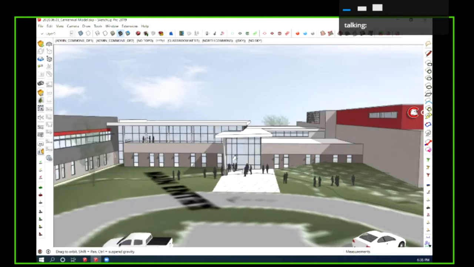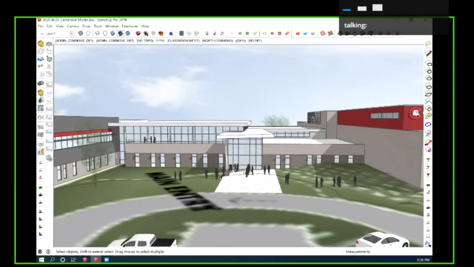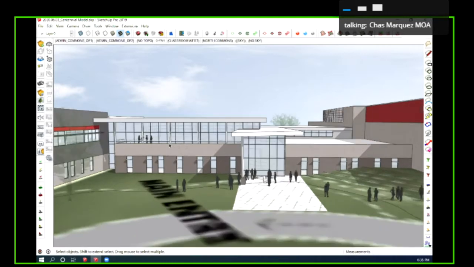So relating back to the plan, this again was that admin wing that we were talking about. So you have all these windows. Every admin room will have a window in it, so you have high visibility of the entry point. So as people are being dropped off, there'll be a lot of eyes on all that activity, making that feel like a safe environment for kids to start their day.